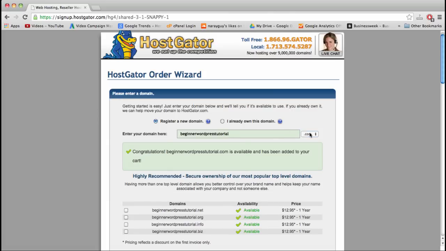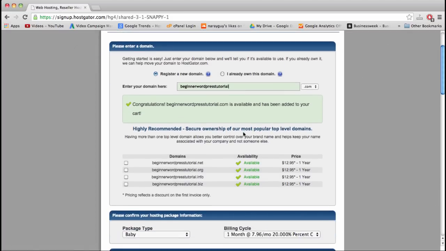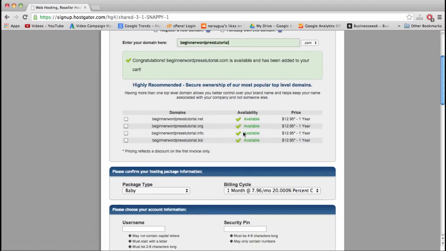Alright, I want the .com because .com is just the universal go-to suffix for your domain name. Alright, so once you got the perfect domain name in there, make sure it's spelled right. Looks good to me. Alright. Drop me a little note in the comments if you have a question about your domain name. And then we are going to go down